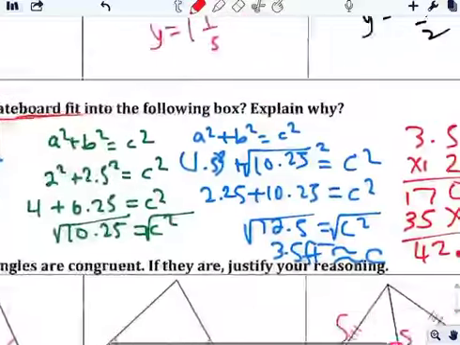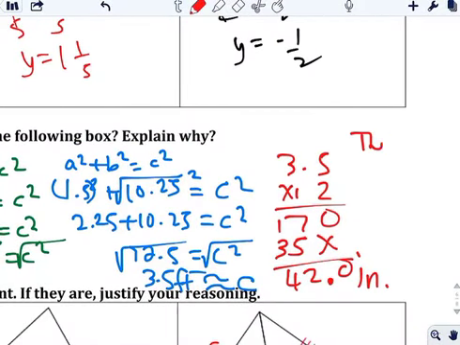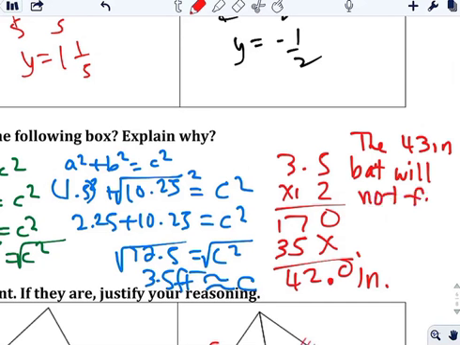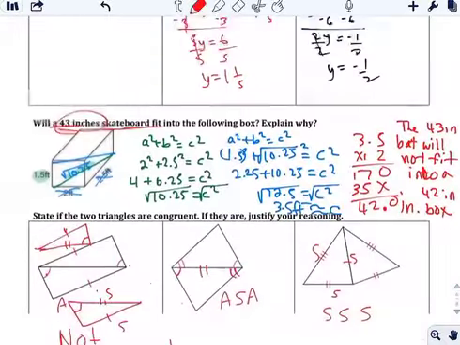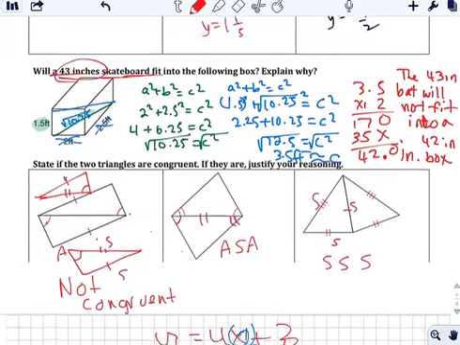The bat will not fit. The 43-inch bat will not fit into a 42-inch box. Okay? That's it. Because some of you